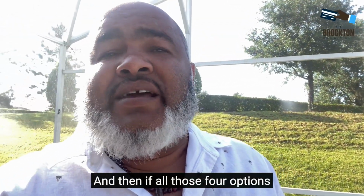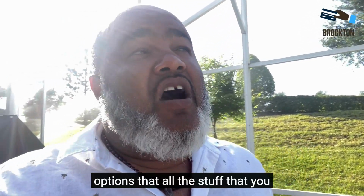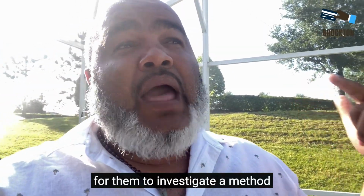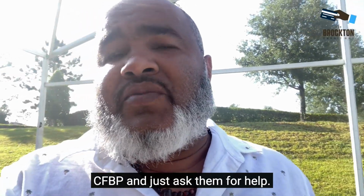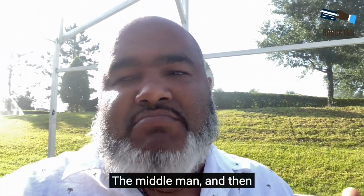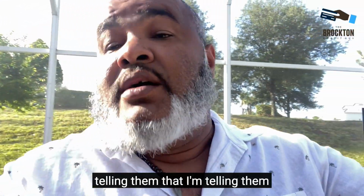And then if all those four options don't work, the bonus option is this: all the stuff that you sent to the credit bureau for them to investigate, the method of verification, a highlighted copy, you scan them, you go to the Consumer Protection Bureau, the CFPB, and just ask them for help. They're like a third party, like the middlemen, and then send them a dispute through the Consumer Protection Bureau,